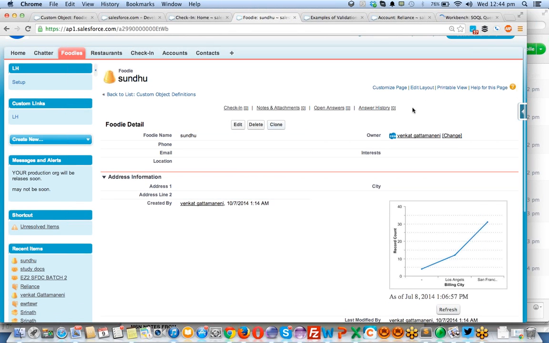In the workbench, I am going to query the object.